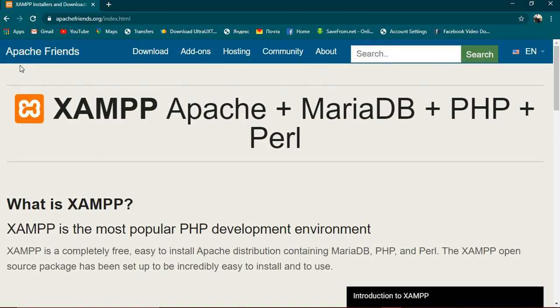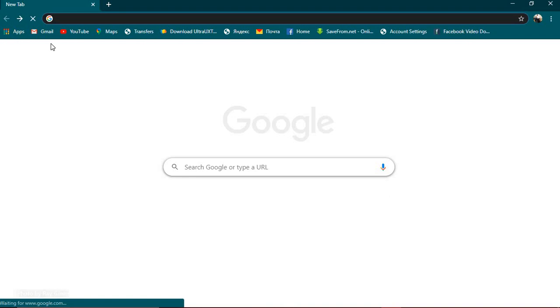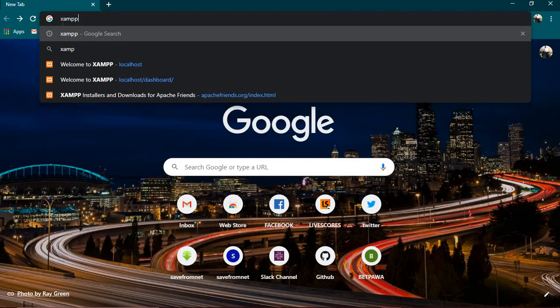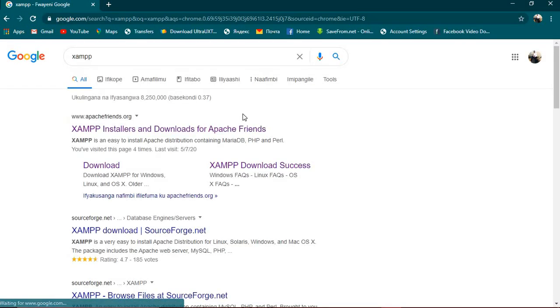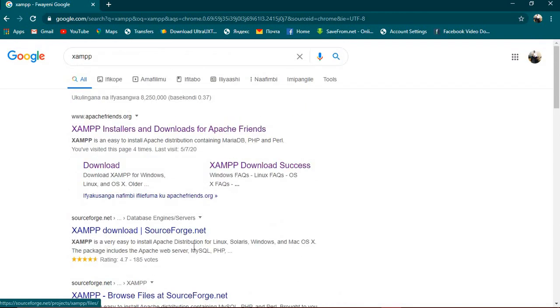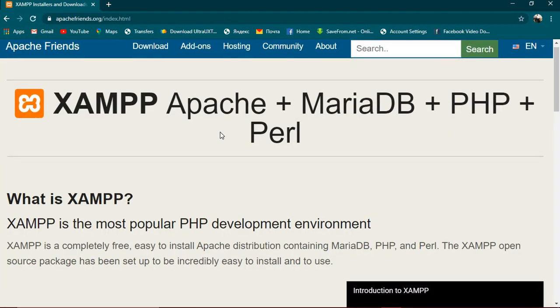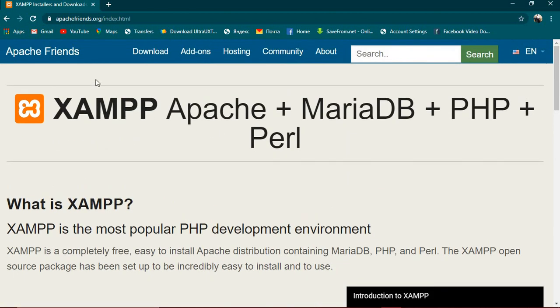So you saw what we did. The first thing that we did is we came to our browser like that, then we typed in XAMPP, you click enter. The next thing you see is this page having a bunch of links. What you want to do is click on the first link like that. When you click on that link, you will be taken to this page, and this page,